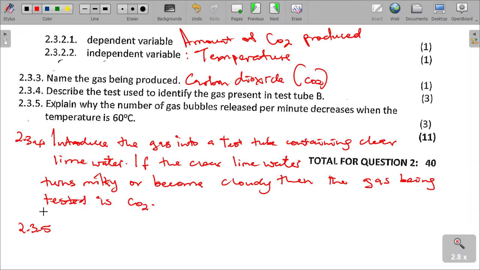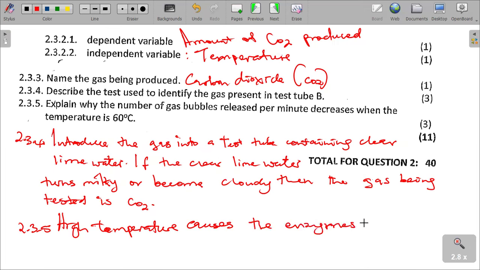This is because high temperature causes the enzymes controlling the process of anaerobic respiration